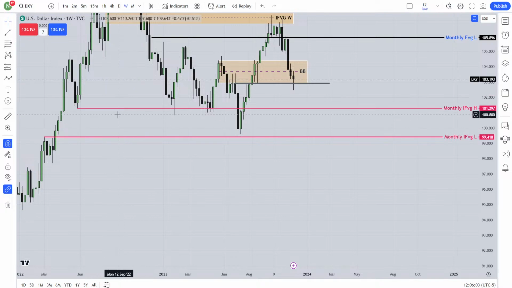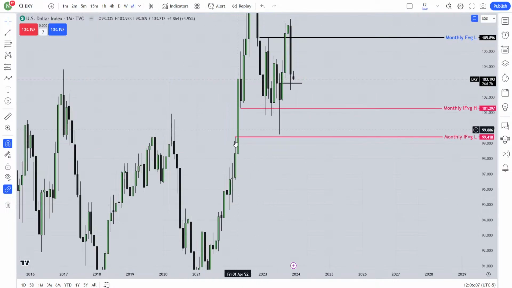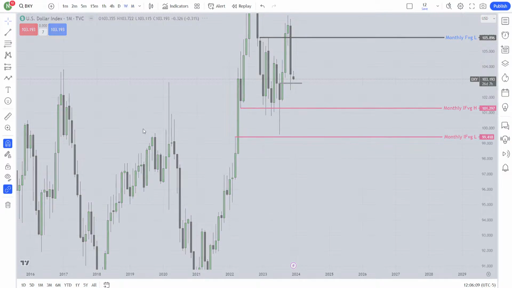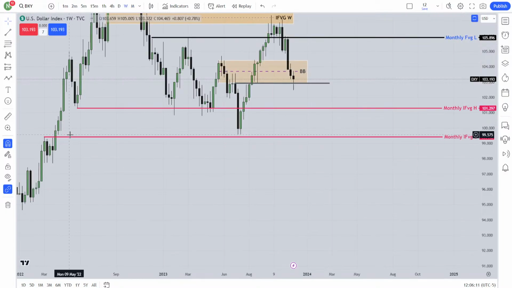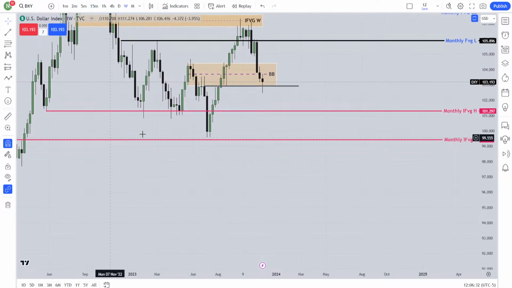Now if you see a fair value gap over here, and if you go to the monthly chart and you don't see anything over here, then this fair value gap has no value on the monthly chart. A weekly fair value gap has no value when you are in the monthly chart, but a monthly fair value gap has value when you are in the weekly chart or daily chart or maybe 1 hour chart, 50 minutes, everywhere. It is very important because this fair value gap is from the monthly chart, from a higher time frame.